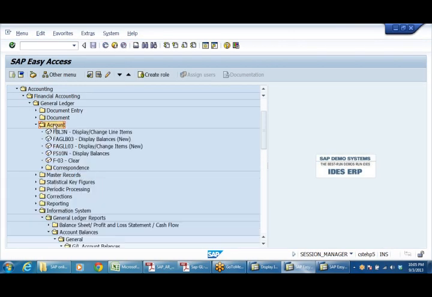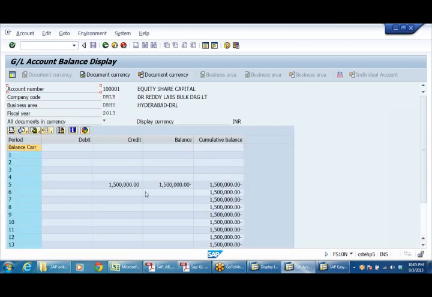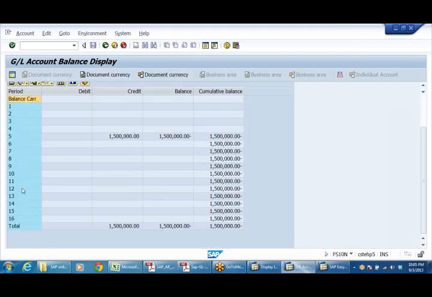You remember? In FS10N. So what I'm saying is, if I take 1 to 12 as the posting period, then if I have posted after 1 month or 2 months, that will not be shown. What if I take the document date as that? The entire entries will be covered, no?